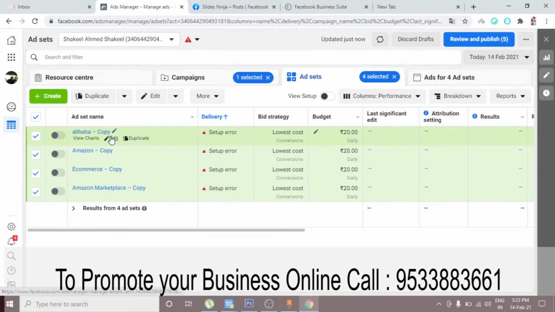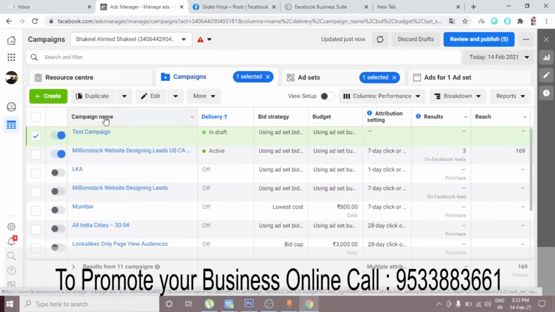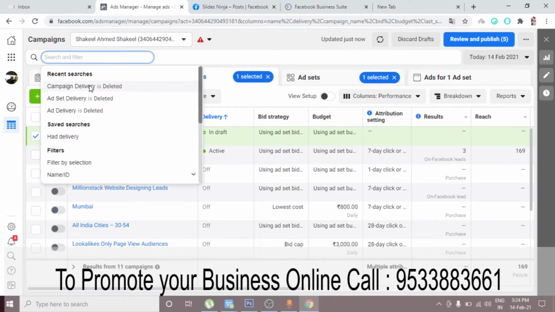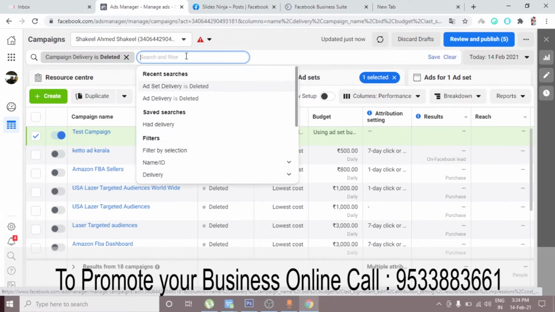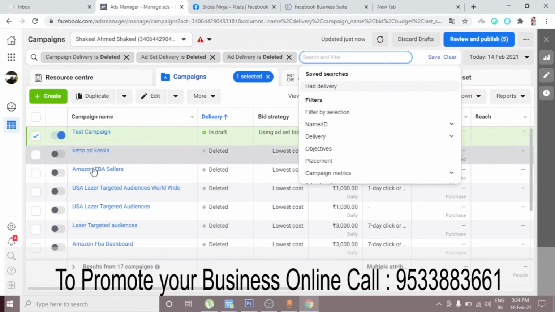Now you are able to edit these ad sets, but when you click here, you are unable to see the ad. So now let's repeat the same procedure. Search for the same thing. You have to copy the ad ID also.